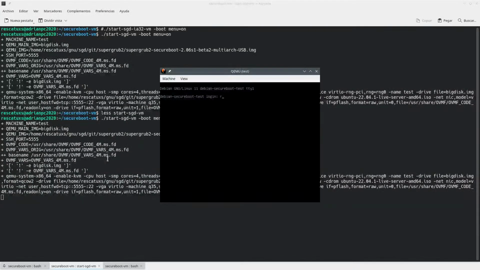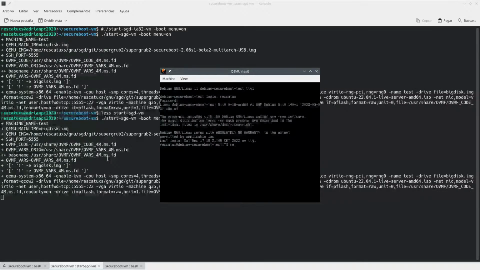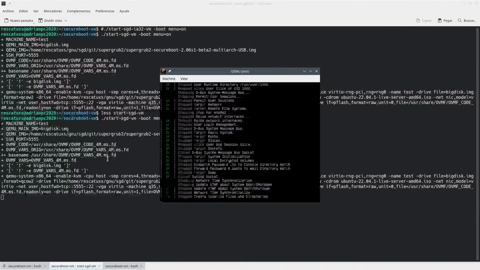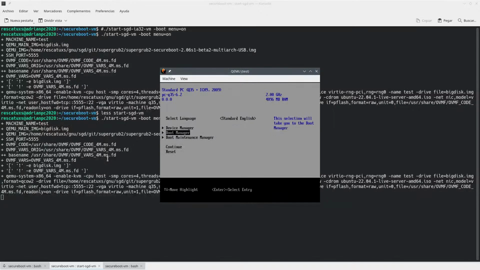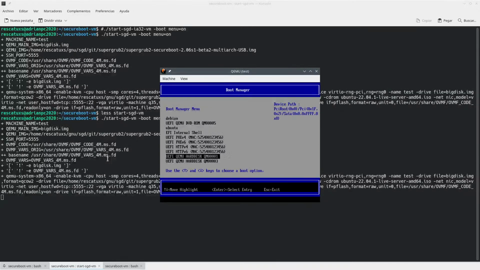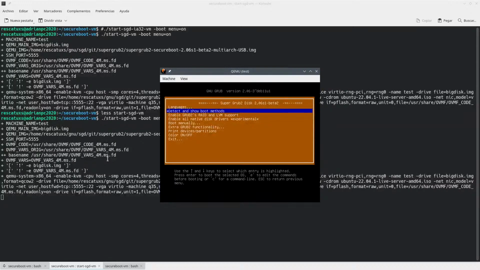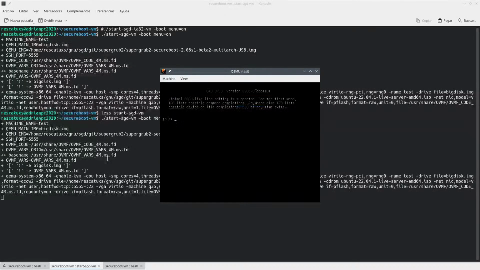Let's do it. So now I can boot here and I can reboot. Okay. So now we're going to use this Super Grub2 Disk. But before going into the Ubuntu kernel, we are going to download